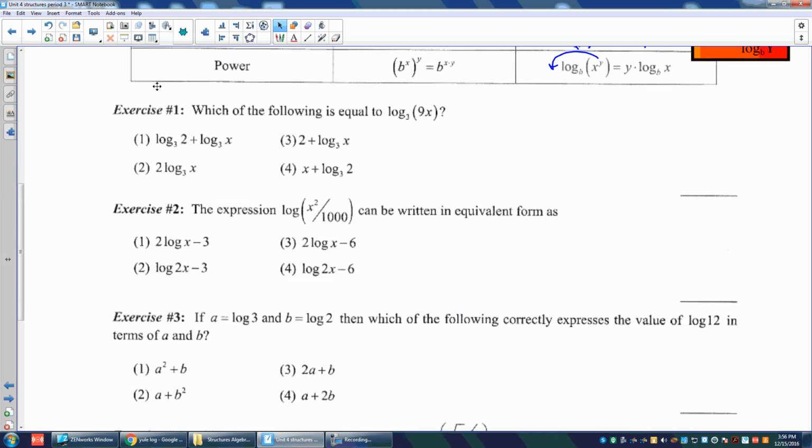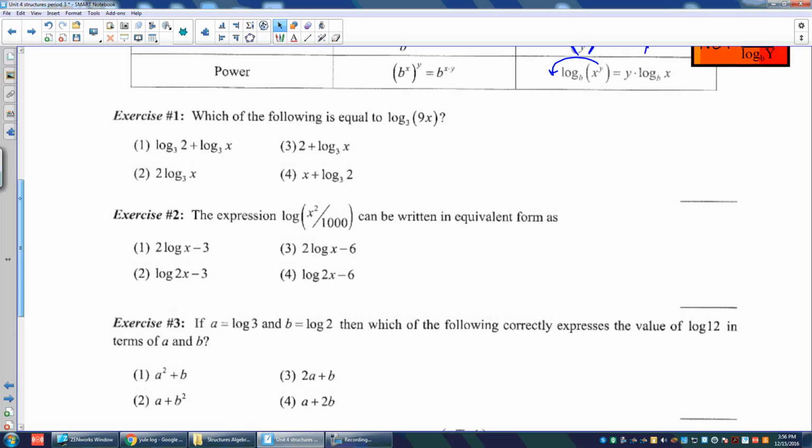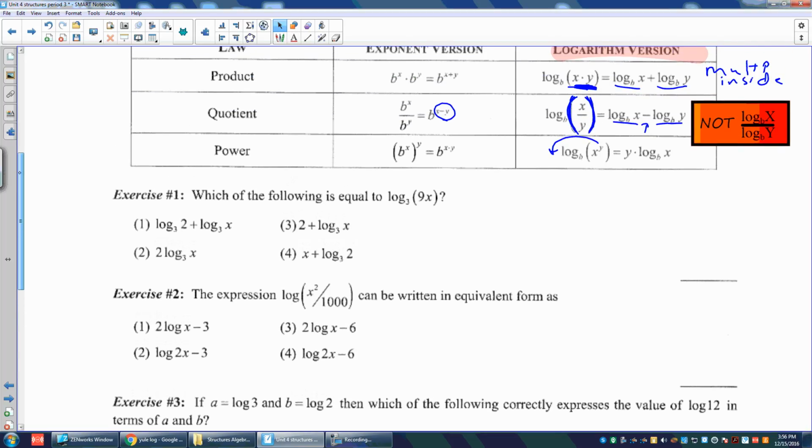Which of the following is equal to log base 3 of 9x? So let's take a look. Looks like we're using the product rule here. So it's log base 3 of 9 plus log base 3 of x. Oh, that's not over there, is it? Well,